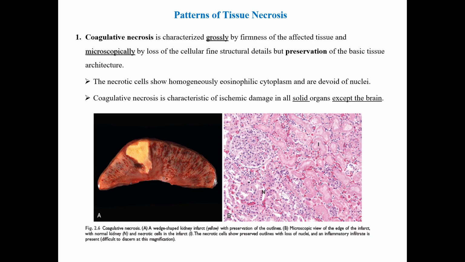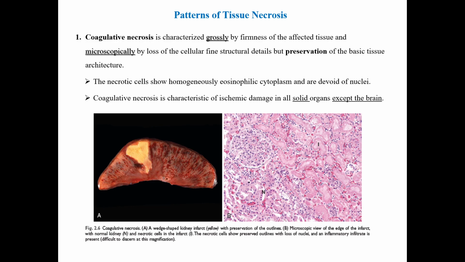Pattern of tissue necrosis. We have the coagulative necrosis on the left side. This figure shows coagulative necrosis of the wedge-shaped kidney infarction with a preservation of the outline. This wedge has a yellow to whitish appearance. While on the right side, B, microscopical view of the edge of the infarct with normal kidney and necrotic cells